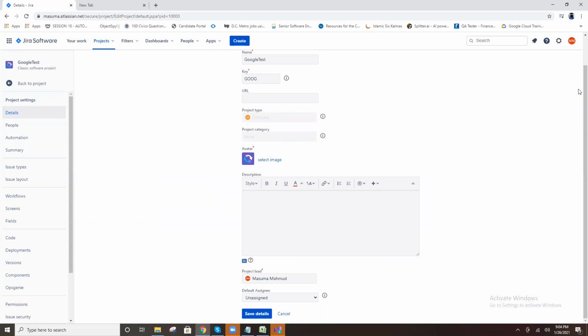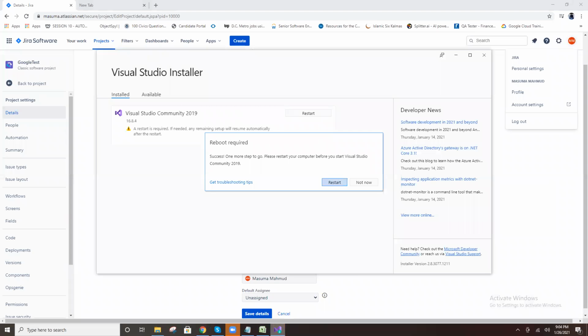Will Visual Studio start tomorrow? Tomorrow, in parallel, we will start. It looks like a reboot is required. Should I restart? Yes, restart the machine now, it will install Visual Studio. Then you will connect. This one I can do later, but today I will practice on the Kanban board. Okay, sure.